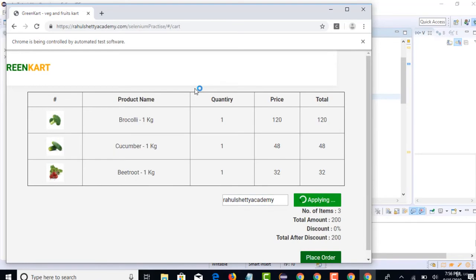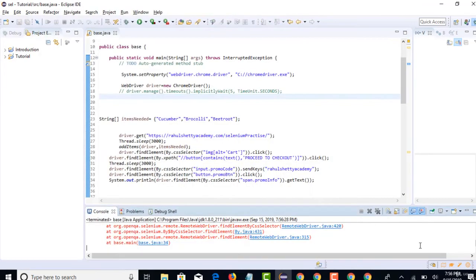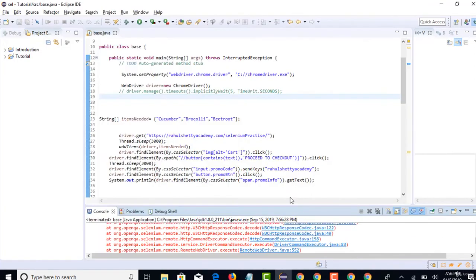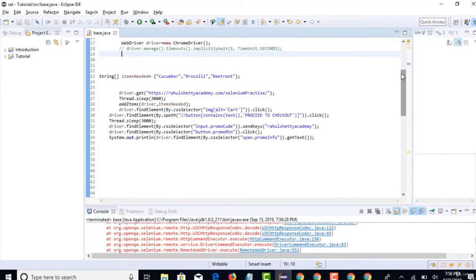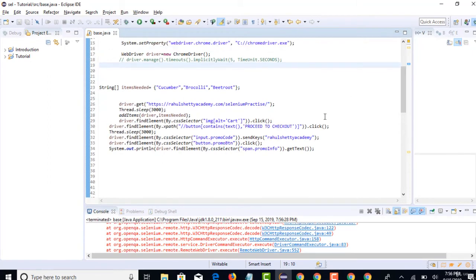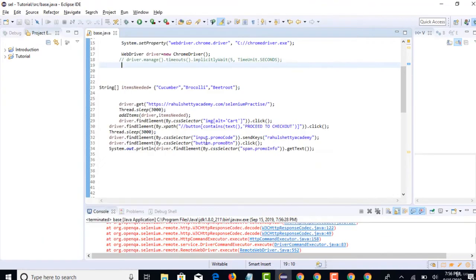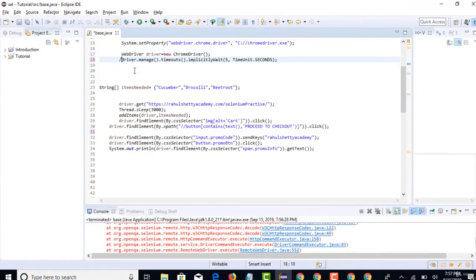Okay, so you see that your test has already failed here, but still there is no text. Because how did Selenium know that you have to wait? That intelligence you have to provide to your test, right? Selenium by default does not have any information that it has to wait some time for this text to display. So that's the reason we will be using this implicit timeout wait. I hope you are clear now.